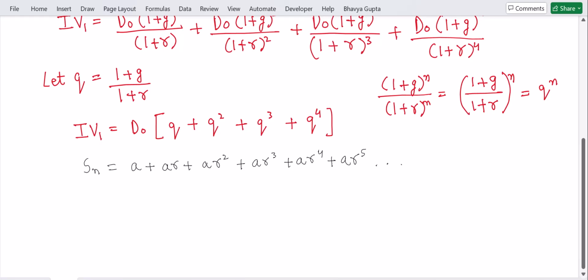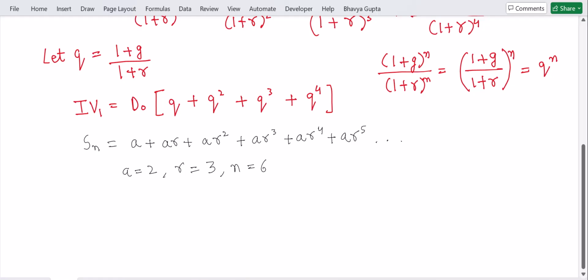Now in this, what does A stand for? A stands for the first term, right? So let's say the first term is 2. R is the common ratio. Let's say R is 3. Then how many terms are there in this GP series? That is denoted by N. If we see how many terms are there, there are a total of 6 terms. So N equals 6 in this GP series.